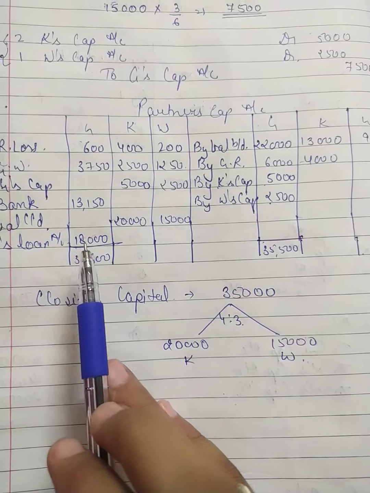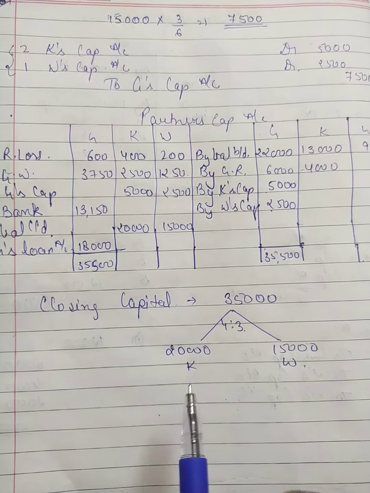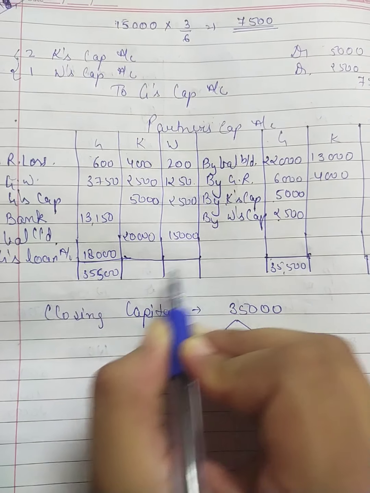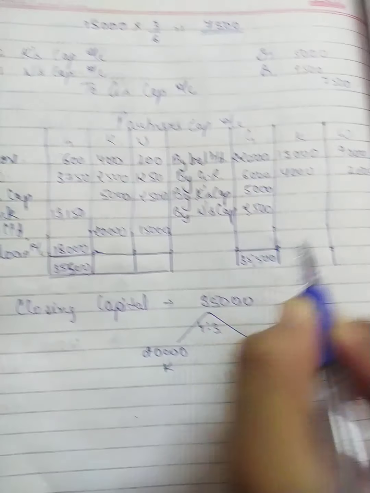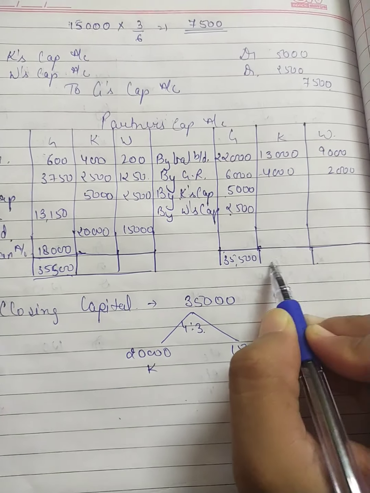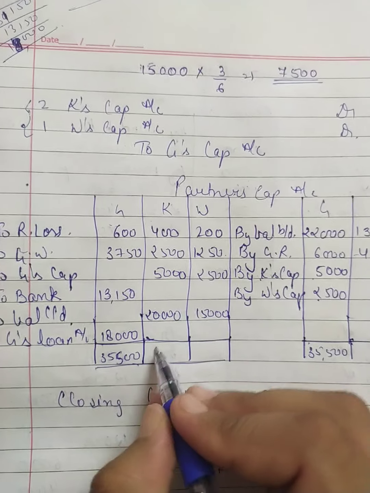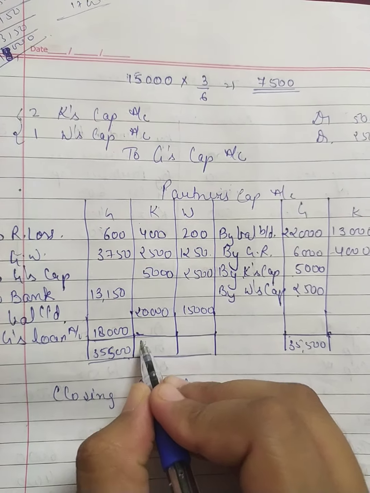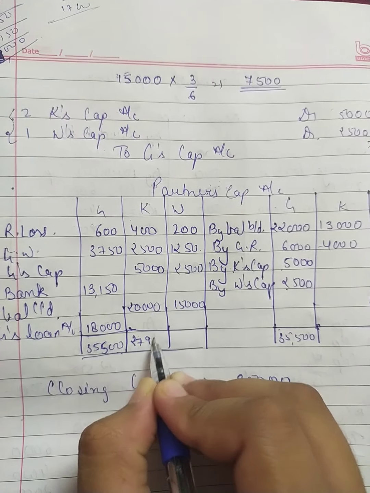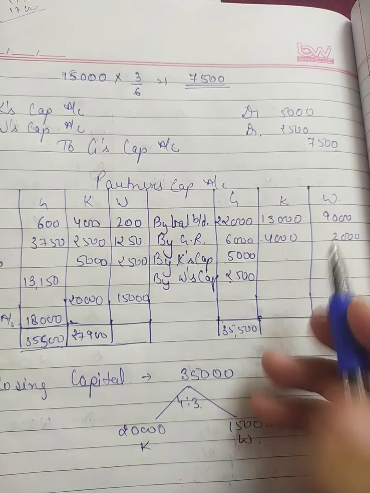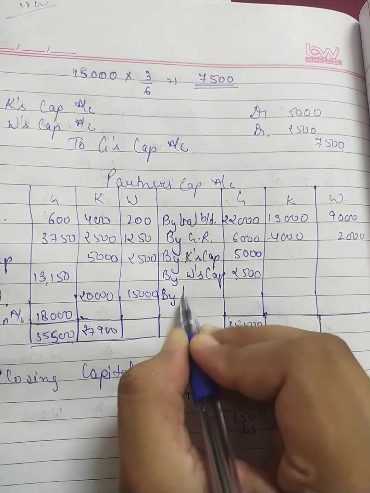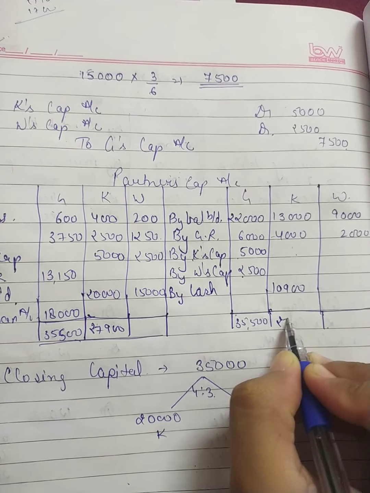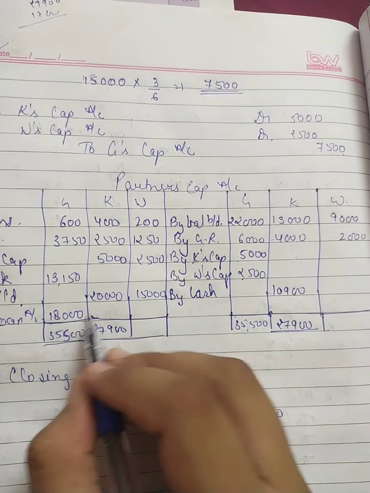Okay. So students, after preparing the balance sheet, we will prepare G's loan account, and now we are going to settle both the accounts of K and W, the remaining partners. So the total of this side is more than the other side, that is 27,900, and here the total is only 17,000. It means K needs to bring more cash of rupees 10,900 to maintain his capital as 20,000.